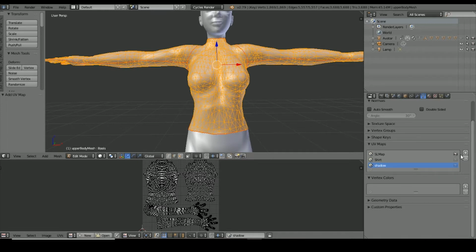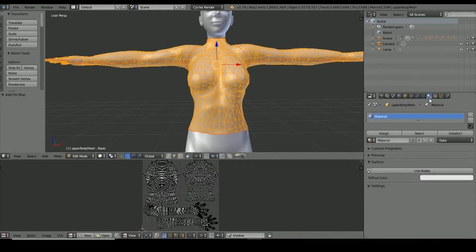Okay, now that I have these two maps set up, I'm going to go to the material window. The reason I have to go here is because right now there is a default material set to the entire body, but I want a material that is specific for this part of the body. So you can do this by clicking the plus sign here in the material window,